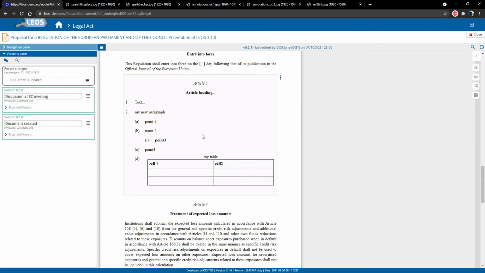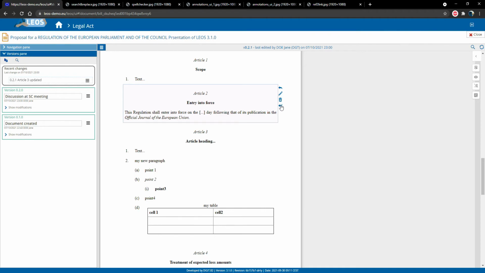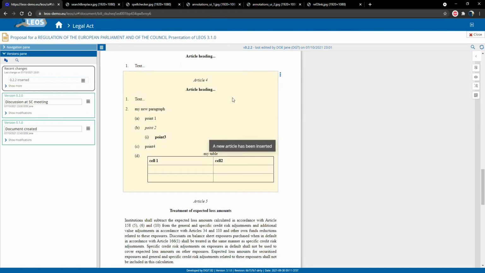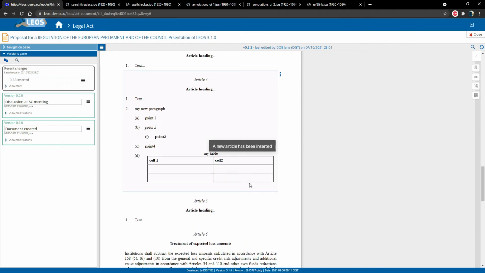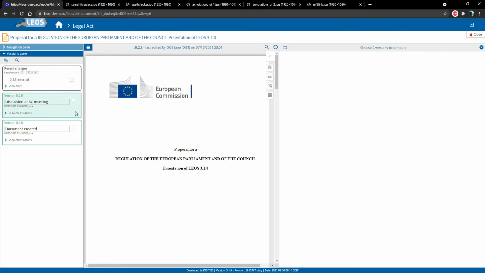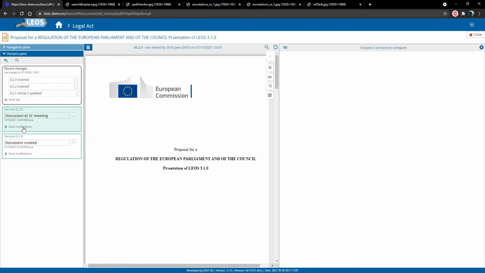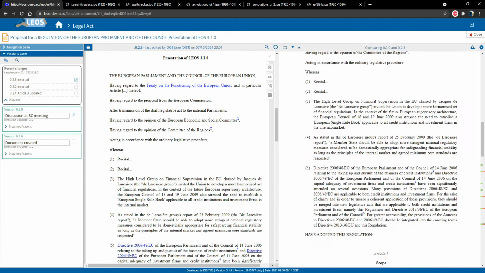And imagine that the document has evolved, so I have added a new article in between Article 2 and 3, for example. I added another one after Article 4, and I wish to check what has changed between my version for the steering committee meeting and the latest version that is available. To do so, I can open the Compare Versions pane, which allows me to select whichever two versions I have for this document and compare them